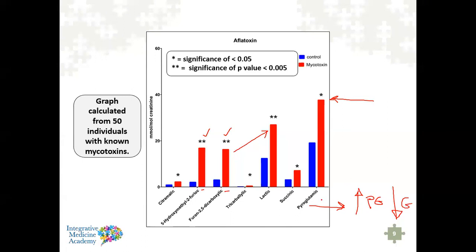And we would expect glutathione to potentially be low, pyroglutamic to be high as a representative of that in the presence of mycotoxins, chemicals, heavy metals, or just other chemical issues that we see off the organic acid test. That doesn't mean it automatically happens, but in general, the longer we have these kinds of exposures, the greater chance